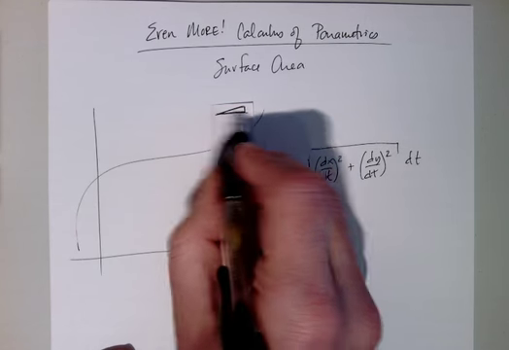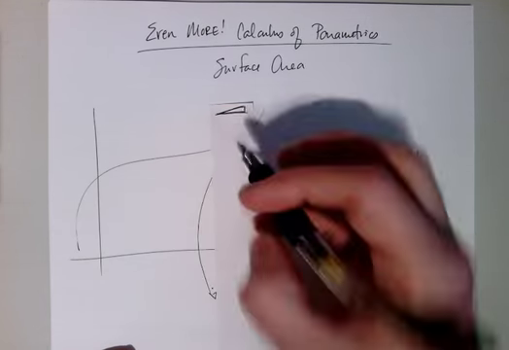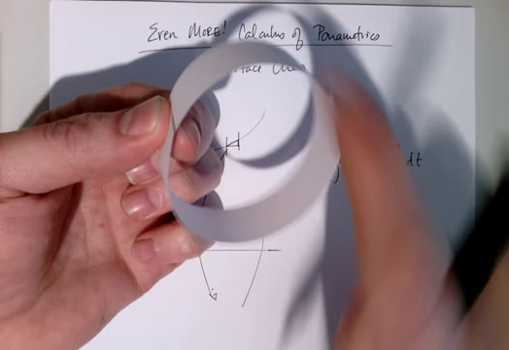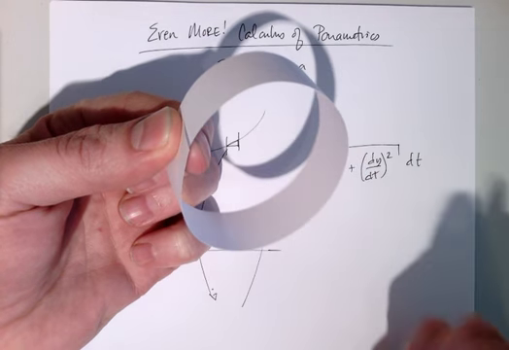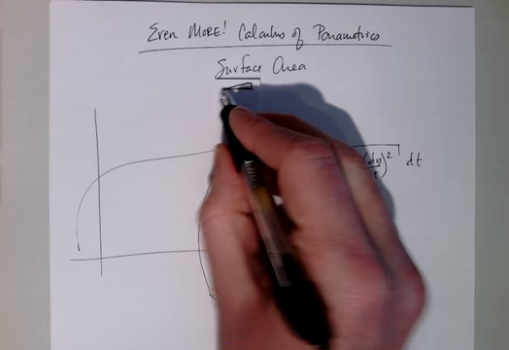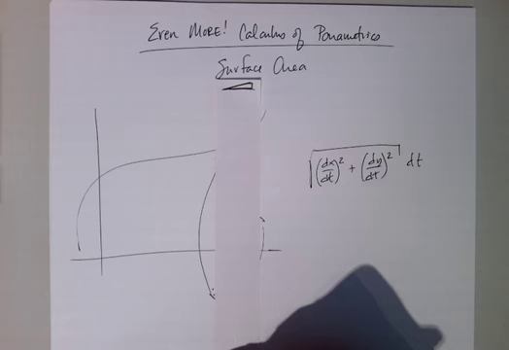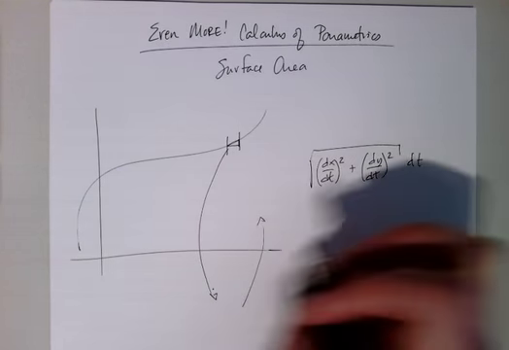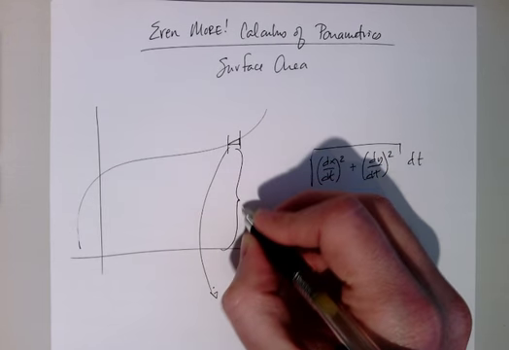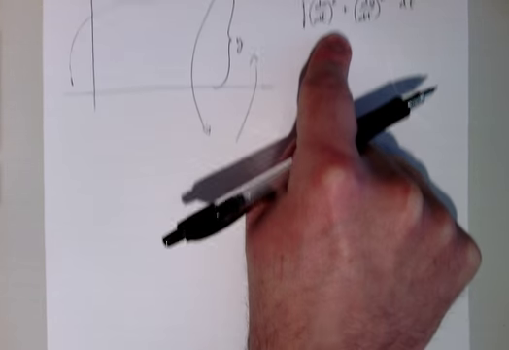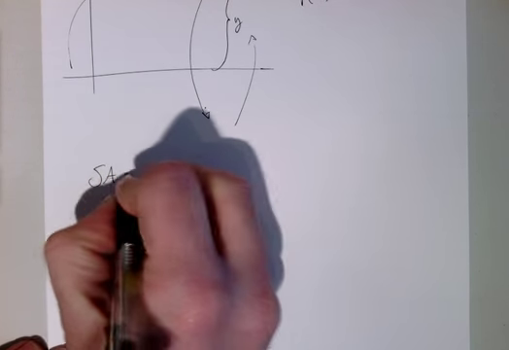But then, of course, you need the area. This length right here is represented by the arc length. This long length right here was around the circle, so it's 2 pi r, right? So you have a rectangle here after you unfold it of arc length by 2 pi r. And 2 pi r is going to be 2 pi y if you're spinning it around the x-axis, because this right here is y. So that's how we transform the arc length expression right here, and we actually get the surface area